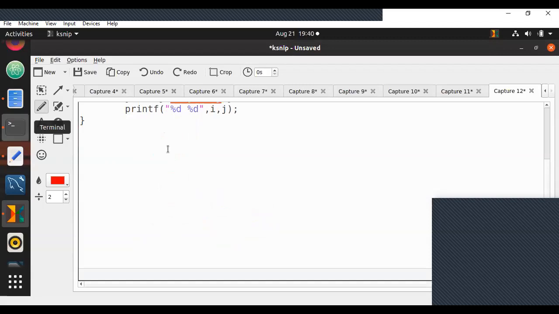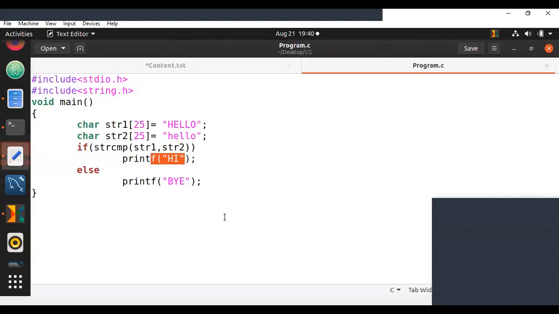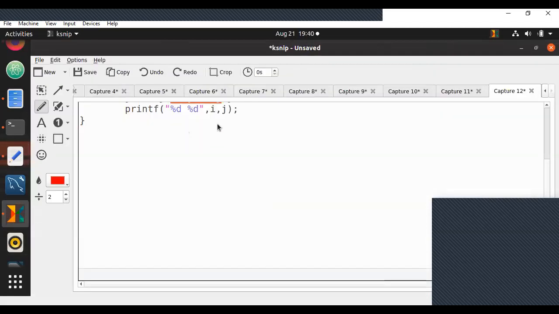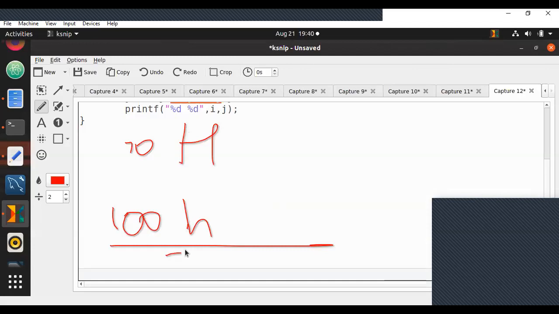Since it is not zero, it is going to high. Now this is why I made it plus 32 here. This is uppercase minus lowercase. Again, let us repeat, this is uppercase minus lowercase. Uppercase will have something around 70, lowercase will have something around 100. So subtracted, you're going to get minus 30 something.